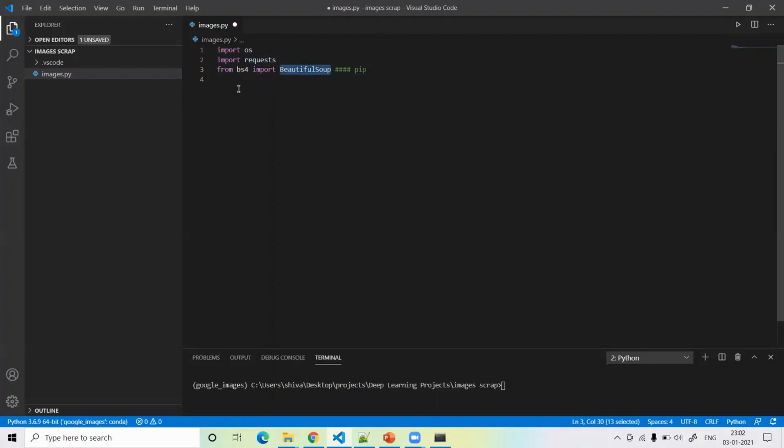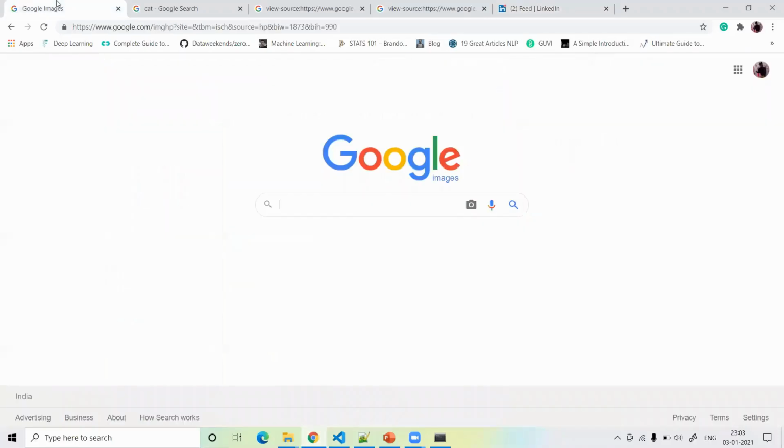Let's jump into the next part. The next part is we have to scrape the dataset of images. So we define Google images, equal to the link from Google. This is our Google images link, guys.